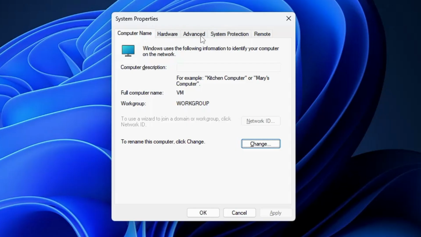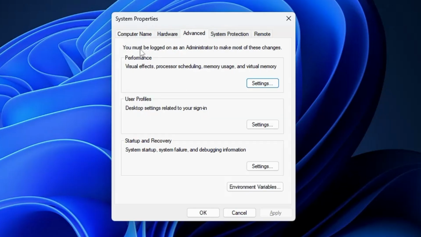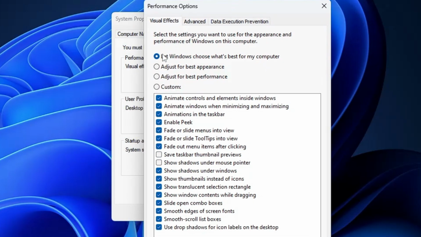Now here from the top menu option, you have to click on advanced. Then in the performance section, you have to click on settings. And here it will be selected to let Windows choose what's best for my computer. And you can see that all these animations are being checked, which really you don't need,